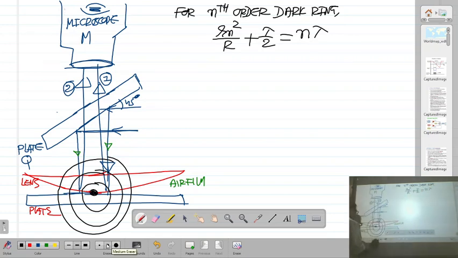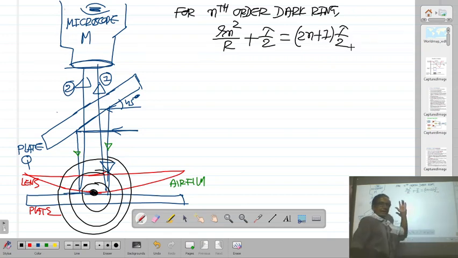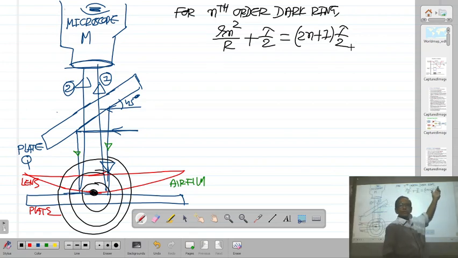We want to write the condition of a dark ring. So for a dark ring, the path difference will be (2n+1) lambda by 2. The points at which the path difference r_n squared upon R plus lambda by 2 is (2n+1) lambda by 2